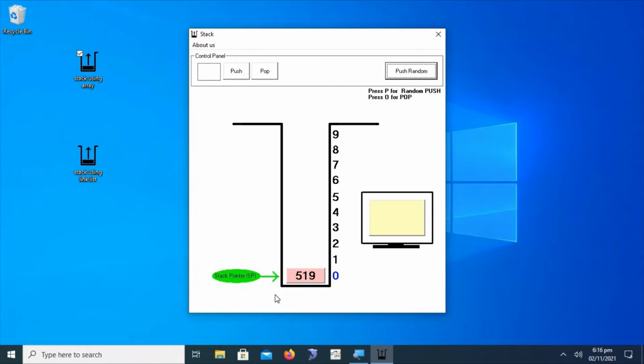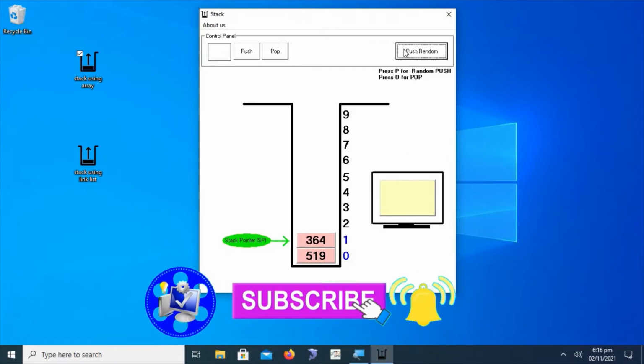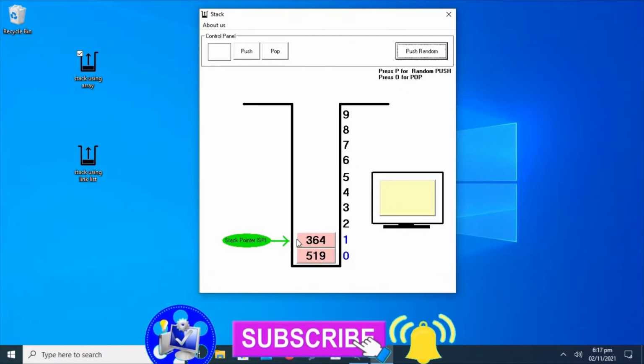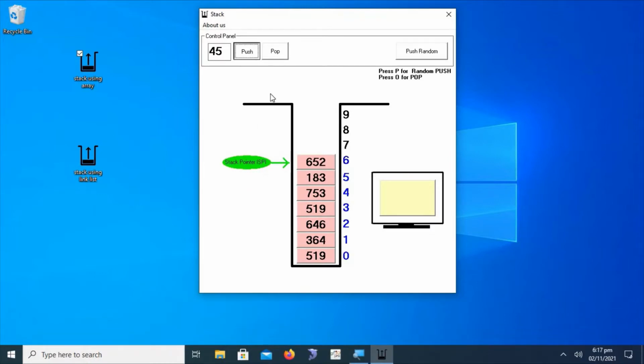We can see here, as we push the first element onto the stack, the stack pointer is incremented by 1, meaning its starting value is -1 and it is incremented to 0. If we push another item onto the stack, then the stack pointer will move to the first index, and so on. If we push another element onto the stack, it will be incremented by 1 and go to the second index. We can also insert our specified value onto the stack.